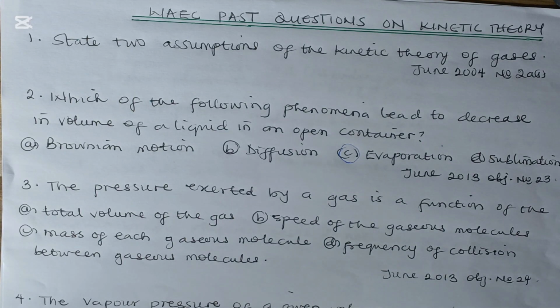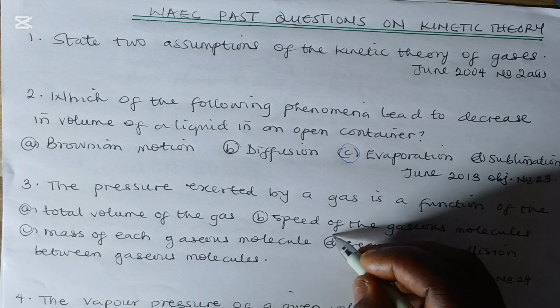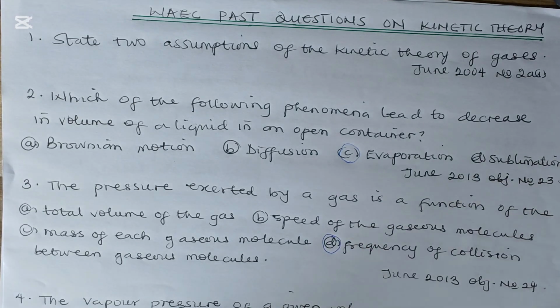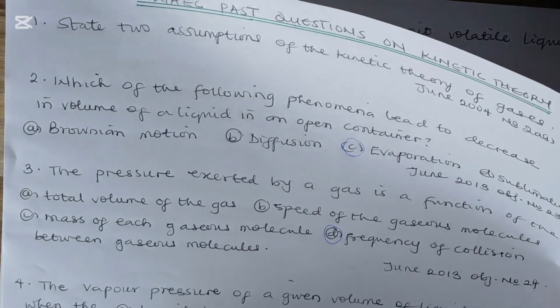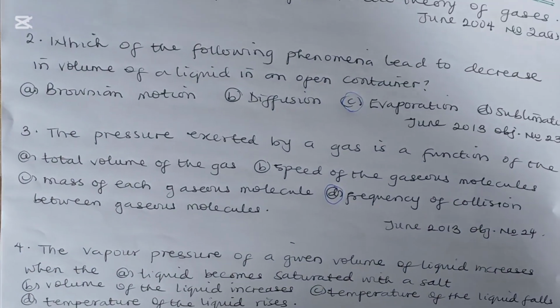A, the total volume of the gas. That is, the pressure that is created by the gas as they collide with themselves is a function of what? A, total volume of the gas, speed of the gaseous molecules. Is it the mass of each gaseous molecule or the frequency of collision between gaseous molecules? I think the best answer here is D. That is, when the gaseous molecules collide with themselves, they generate pressure, which I've explained under the kinetic theory of